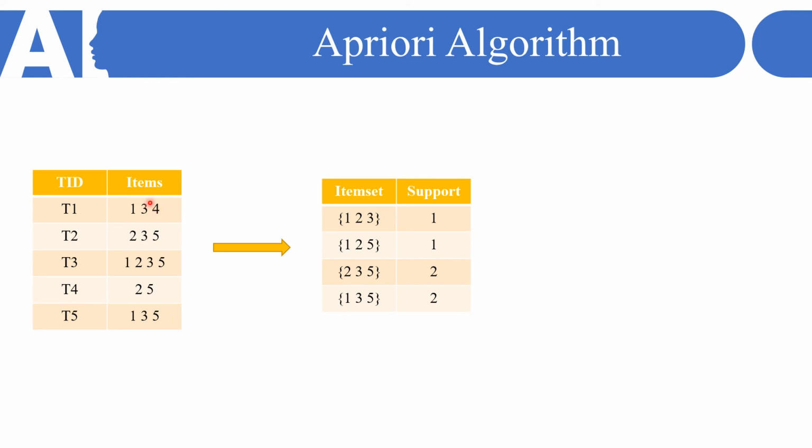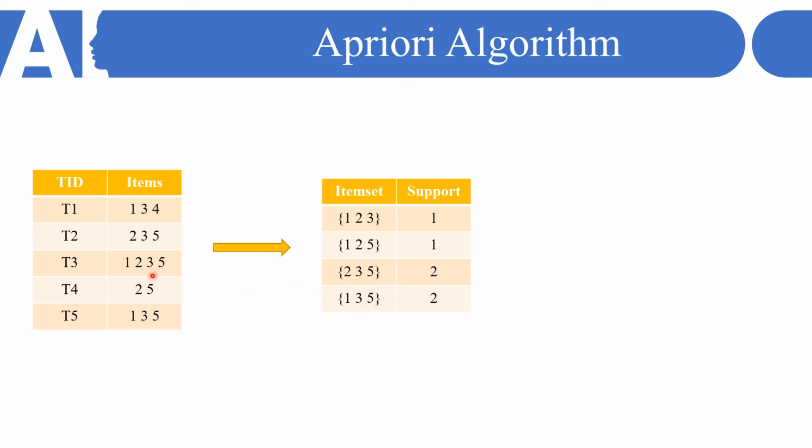So 4 was not used, and it was eliminated in the first round only. So that's why we are not going to consider any of the transaction here. So this is not a good transaction to increase the sale while purchasing online. So that's why this cannot be the set. Then next we can consider the 2 3 5. So 2 3 5 is already there in the table, that is one of the combinations.